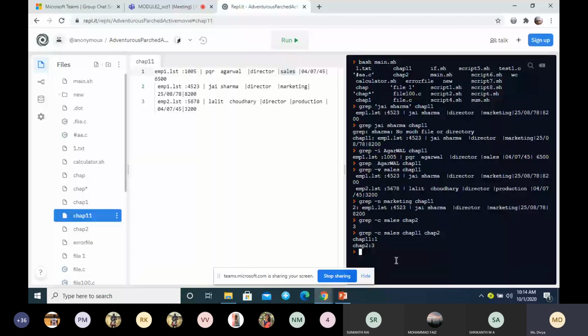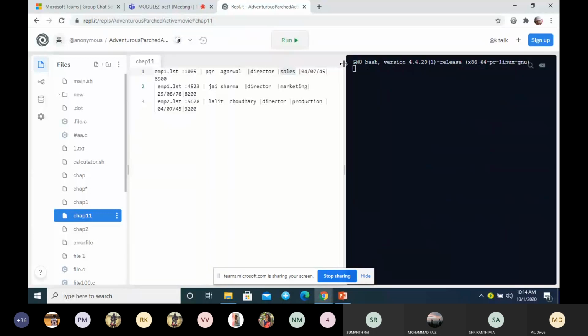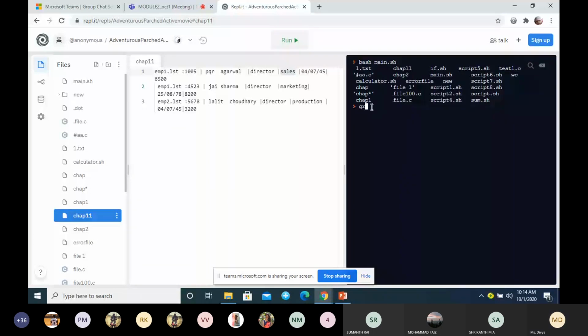The next one is displaying the file name. That is done using the minus l option. Grep minus l manager chapter 2.